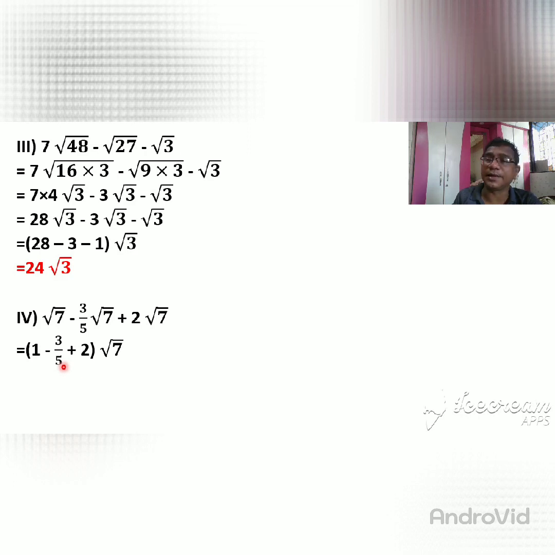So are the denominators the same? No, the denominators are not the same. So what can we do? We can find the LCM. Whatever the LCM is, 5. So the LCM is 5. So 5 times 1 is 5, 5 times 2 is 10. So 5, here they are doing shortcuts, 2 plus 1 is 3. Then here is 1. So 5 times 3 is 15. 15 minus 3, you get 12.